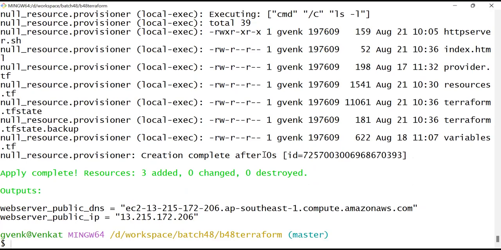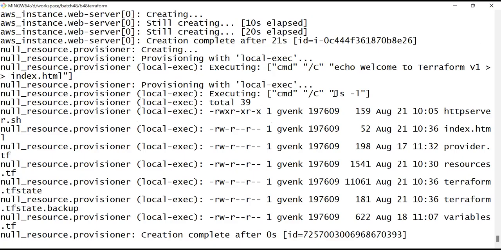So I see this, yes, it has executed the ls -l command, and that command's output, as well as the welcome